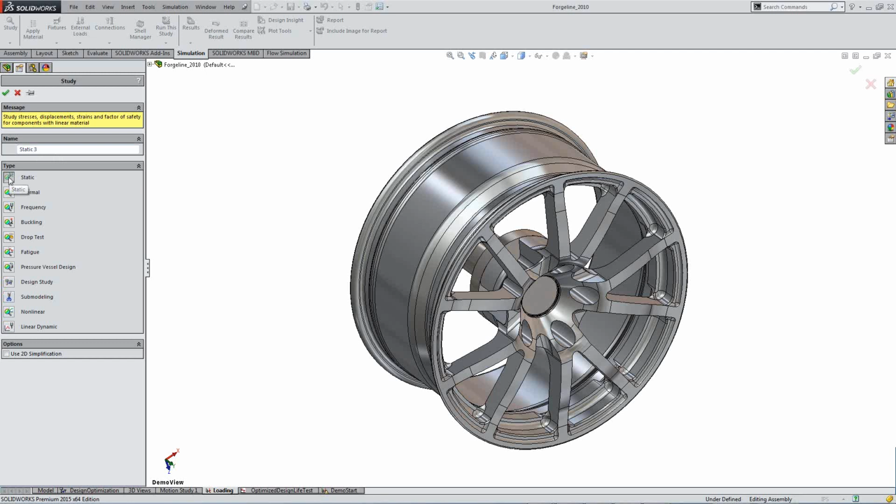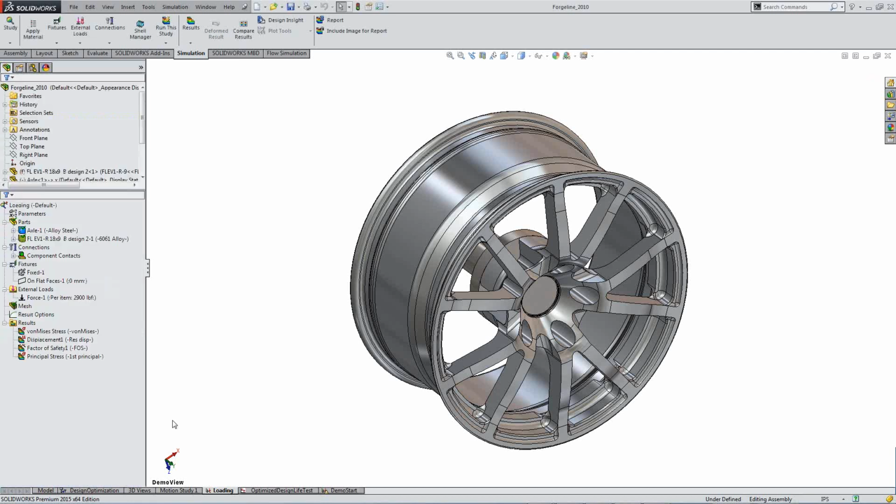So it could be something simple as linear statics for strength, or it could be thermal analysis for any kind of heating concerns, or frequency analysis for vibrations, and so on. So it's a simple selection to tell the program what exactly you're trying to do. And that's about it. Now, once you click OK, you get this feature tree, which has the same workflow, look